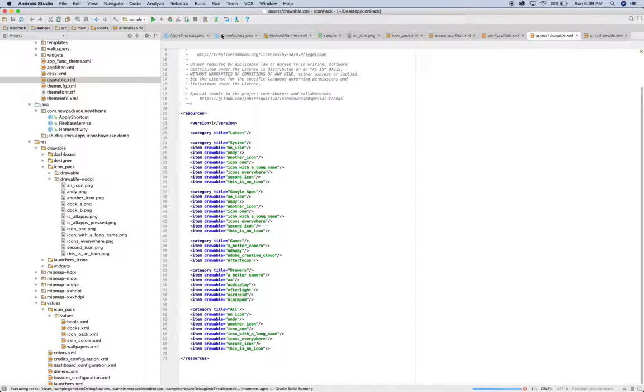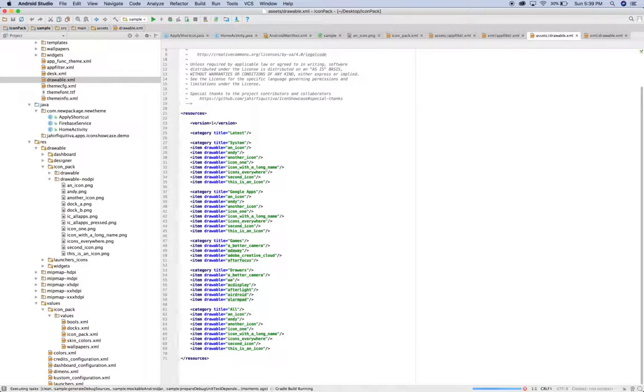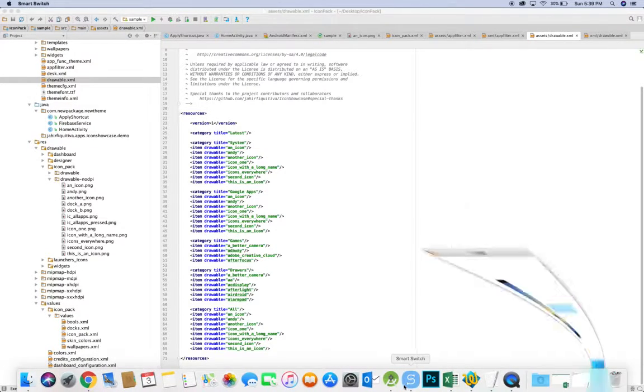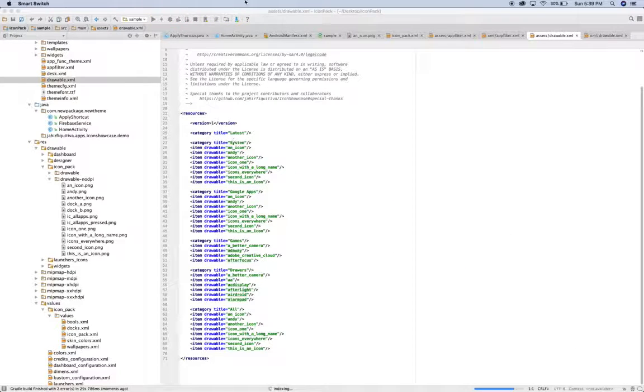But once you rebuild it, there's 2 things you can do. So now you have your phone plugged in to your computer. Once it's done building like it says it is here,